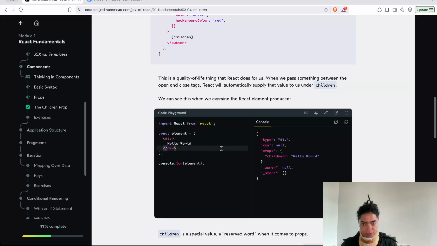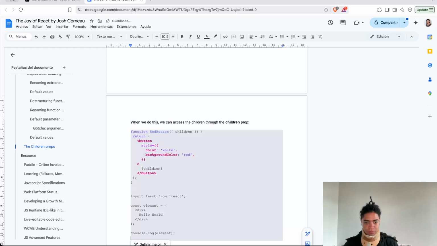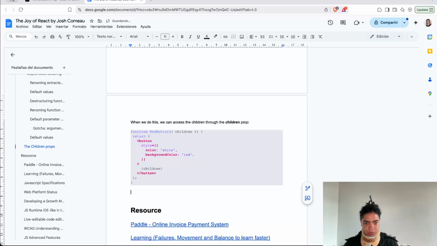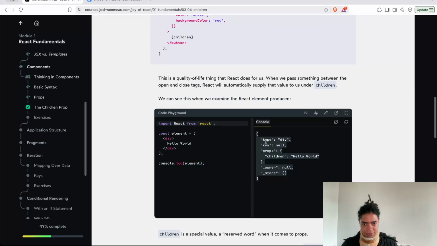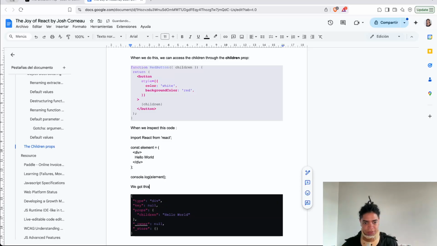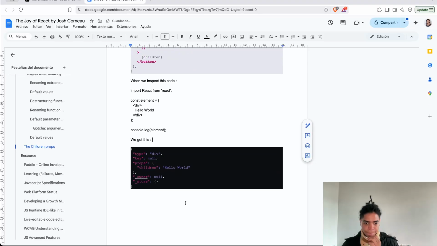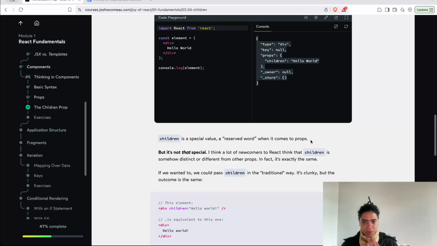So for example, when we inspect this code, we get this. Children is a special value, a reserved word when it comes to props,